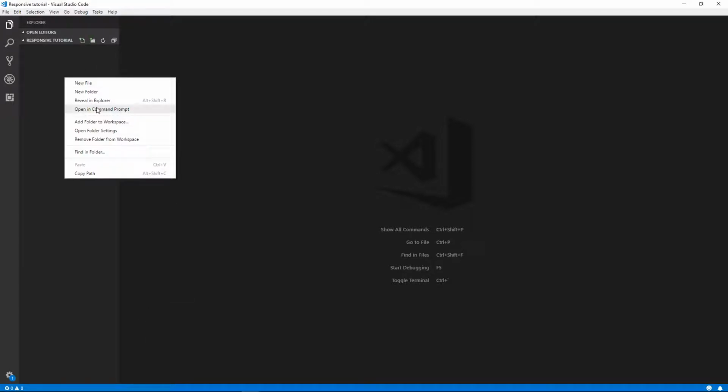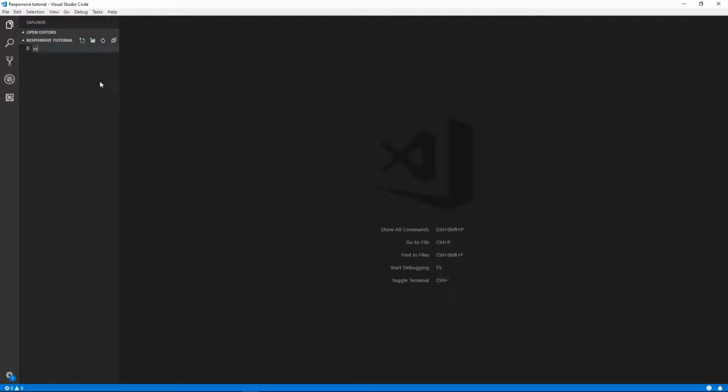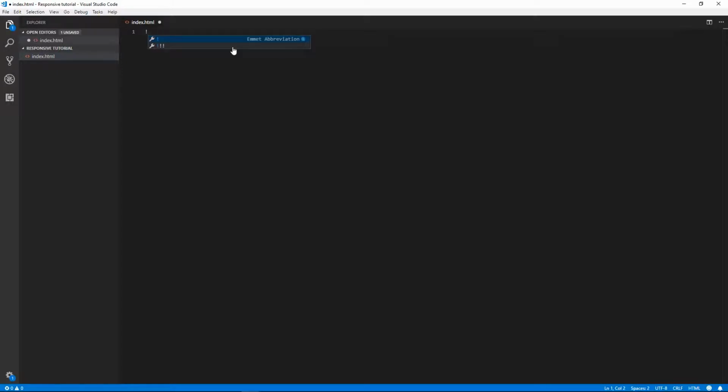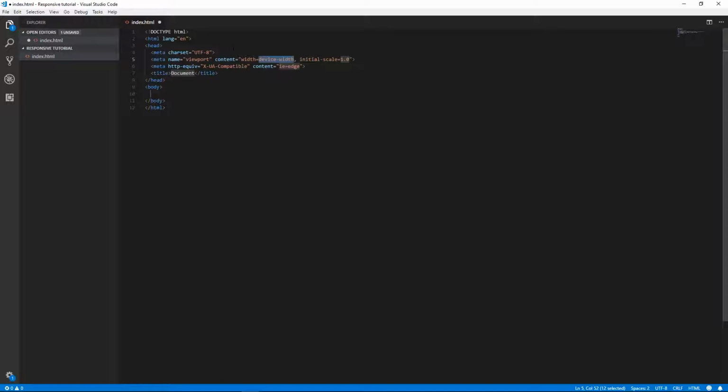Okay, so let's just get started. I'm going to create an index.html file, pretty basic. Then there's a nice shortcut on VS Code. I can just do an exclamation mark and it does the boilerplate. I'll name this document responsive tutorial,